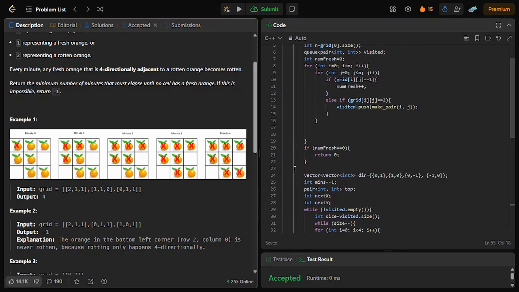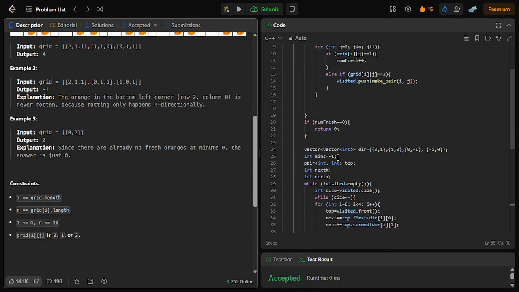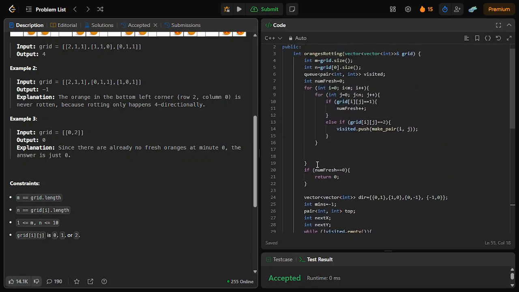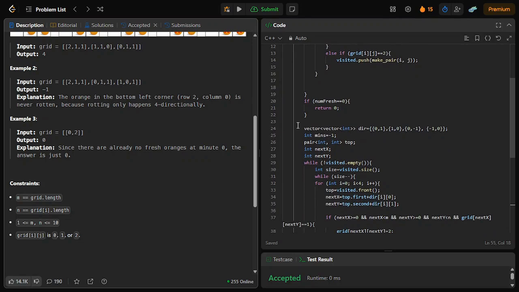So now, this might be a nice way to account for examples like this. If the number of fresh oranges is 0 at t equal to 0, might as well return 0. Okay, and this is a bit faster, right? Anyways, so what we do is we take a vector of integer,